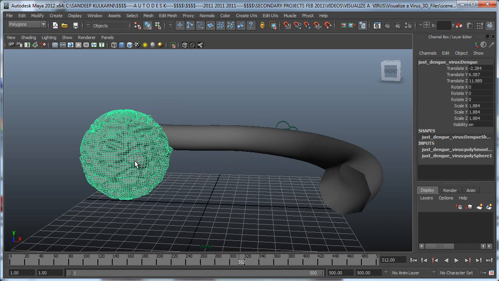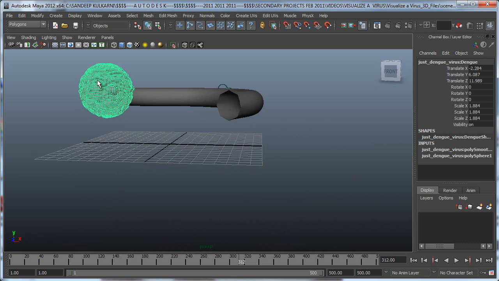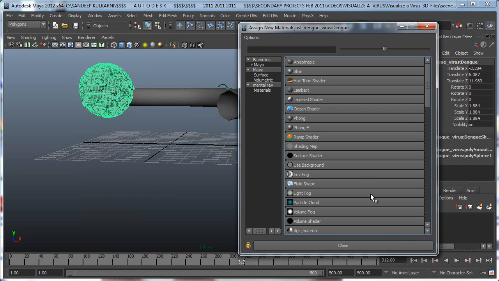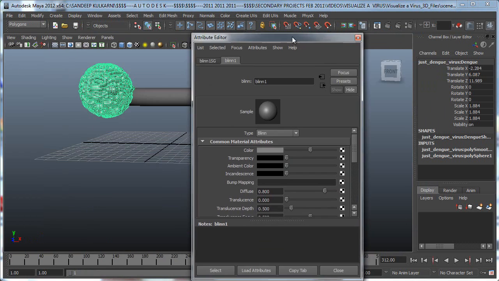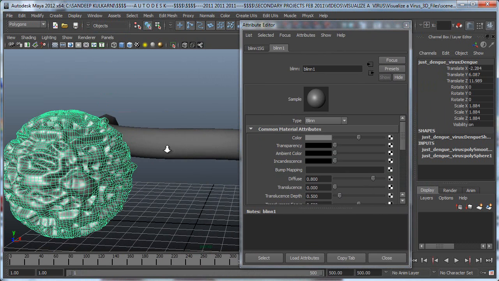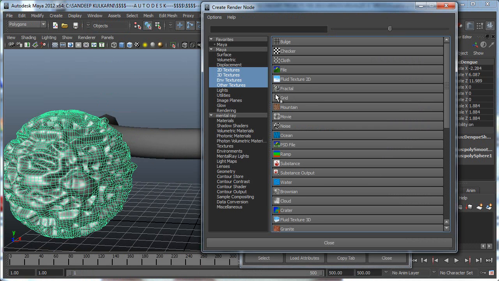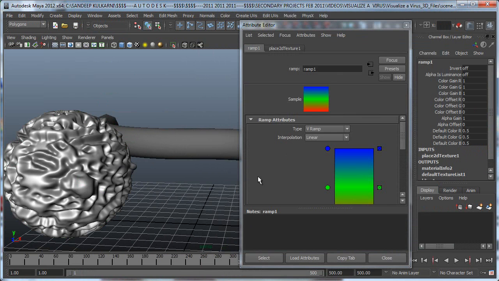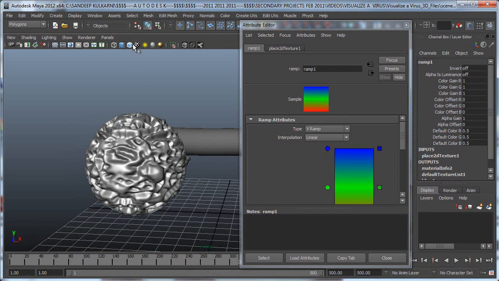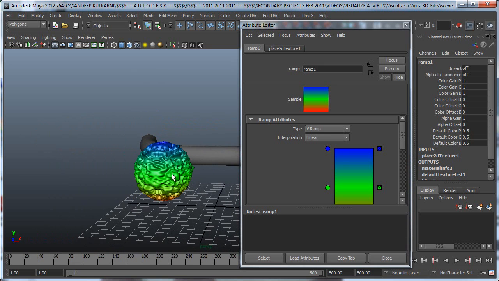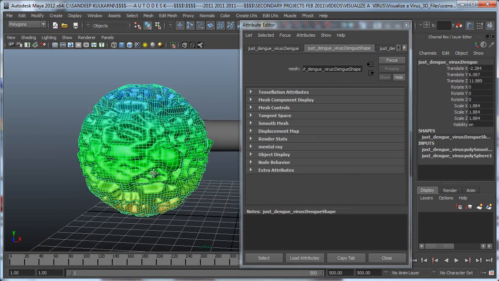So basically, to texture the dengue virus, I simply right-clicked on it, went under Assign New Material, and assigned a Blinn over here. Then I went into the checker box right here, clicked on that, and applied a ramp. With the ramp applied, let's see the effect. Let's click on this button over here or hit 6. You can see it right in front of me. So if I hit F and frame it,